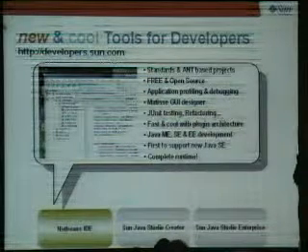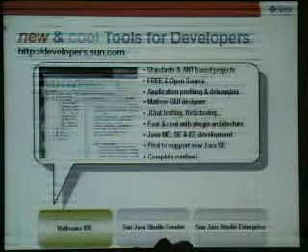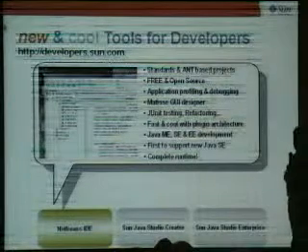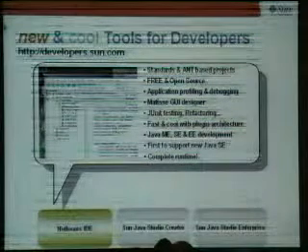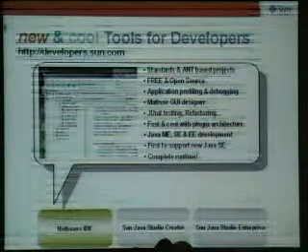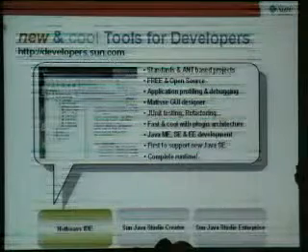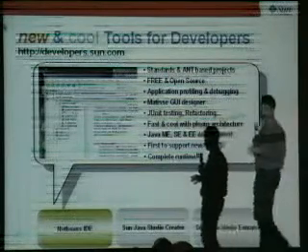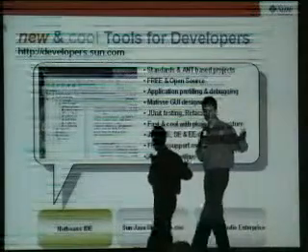And the beauty of Matisse as well is that once you've created that, if you take it to Mac OS, Windows, Linux, or Solaris, it's going to look the same and act the same as a native application. And this is all standard code. There's no magic, and you don't have to use NetBeans libraries.